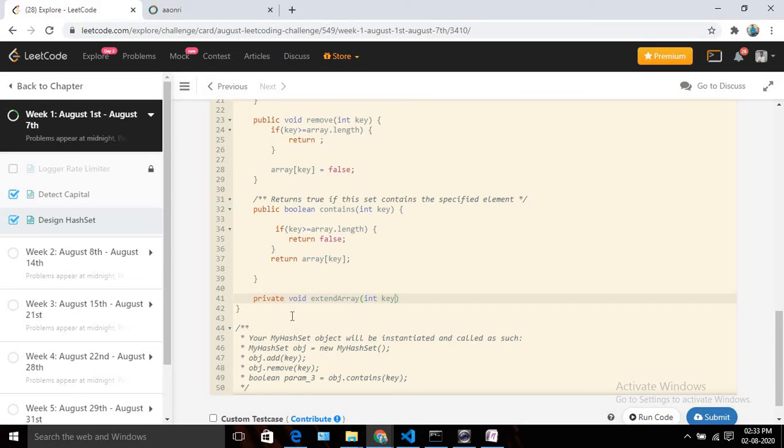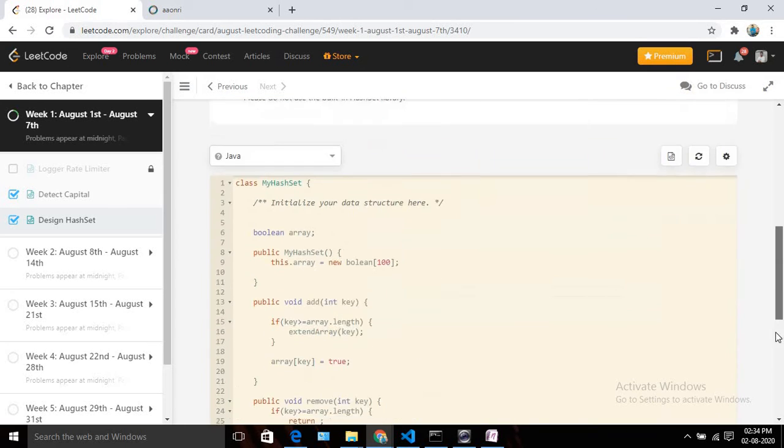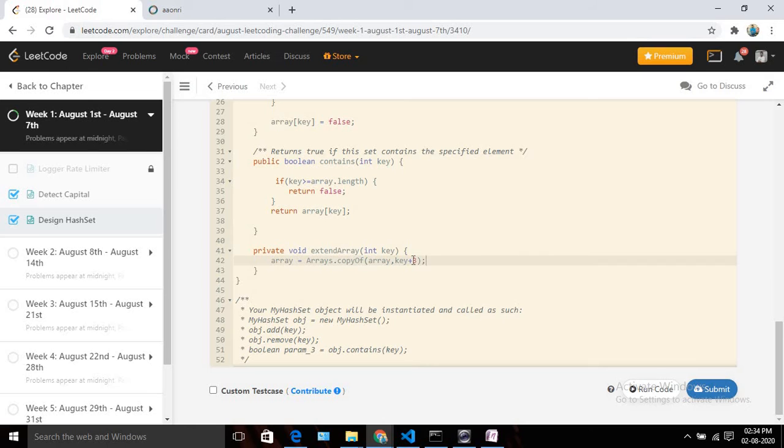In Java we have one inbuilt function: array equals Arrays.copyOf, and I will pass my existing array and the new size, which should be key plus 3 probably. Whenever my index is greater than my current length, I am going to extend it by this value. This can be configurable; you can take 2 or 3, it depends on you.